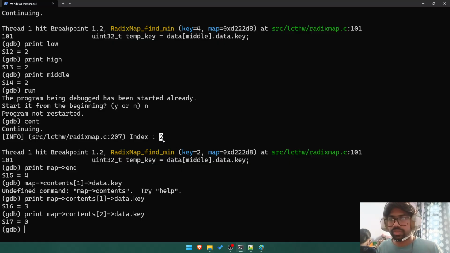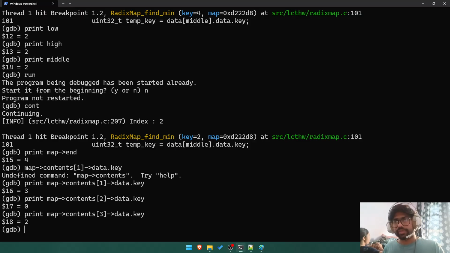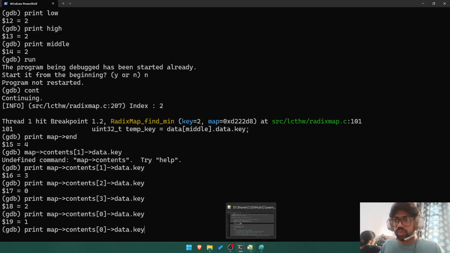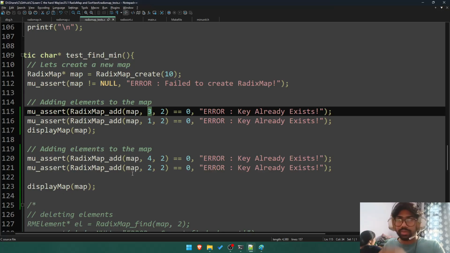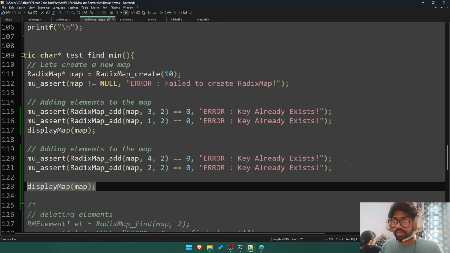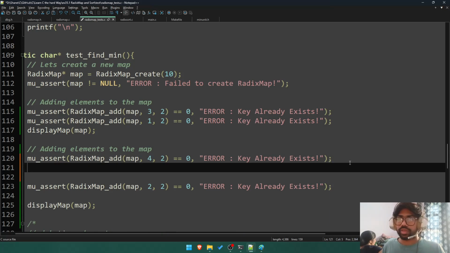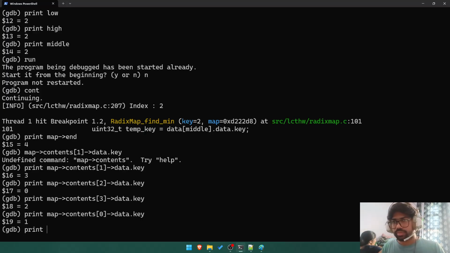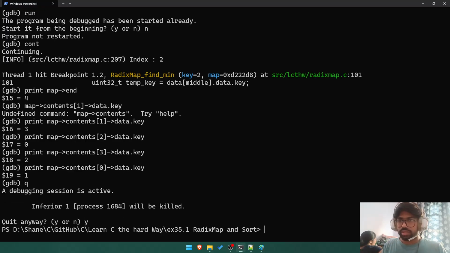When index is 2, how come I get a 0 here? Okay, at 3 I have a 2, but I didn't even add a 2 yet. At 0 I have a 1, right. Yeah, okay, so